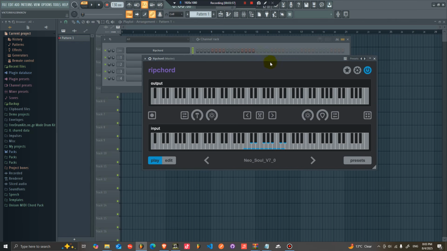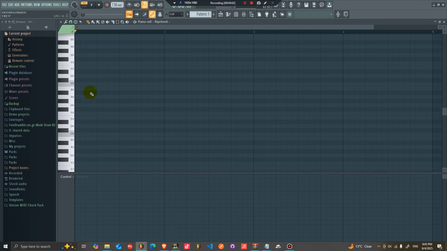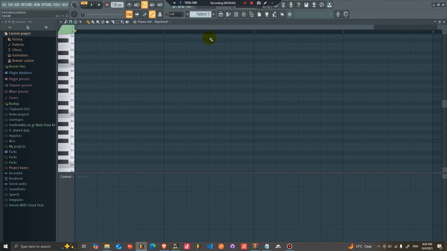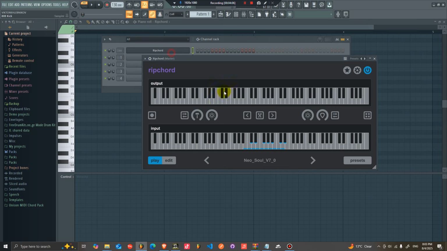So now if I play a single note, I'm just pressing one note. If you check in FL Studio, you see I'm only pressing one note, but what's happening behind the scenes is it's creating this chord for me. And then now I need to do one thing. RIP chord doesn't